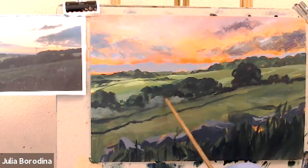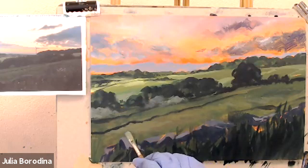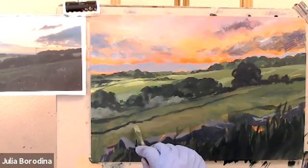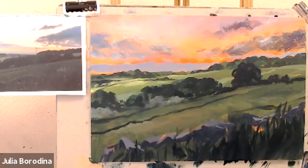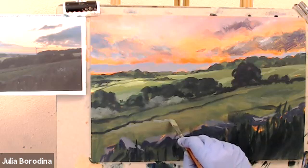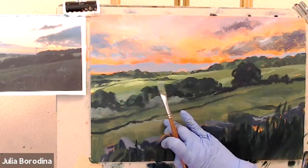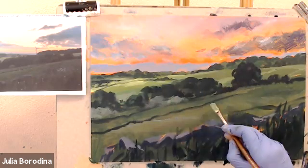I do like that foggy, cool color on the bushes under the dark trees. I think I might touch that coolness again. Maybe it's the reflections of them from the sky. I think I'll have a tiny bit of that coolness somewhere here. Maybe part of that